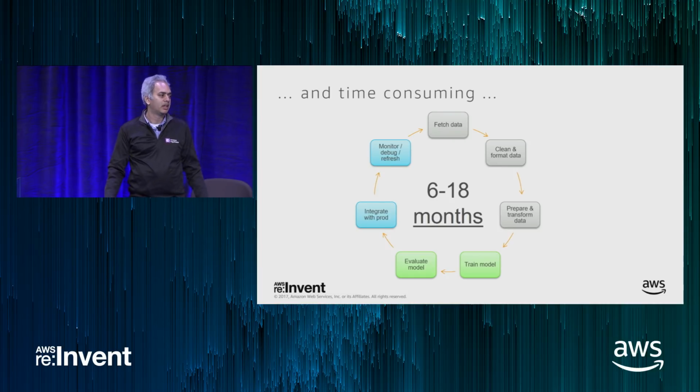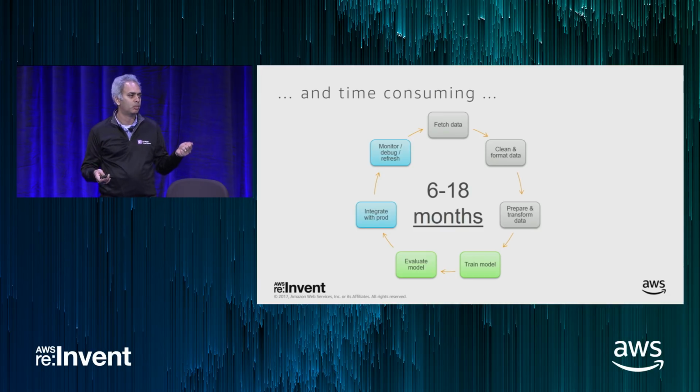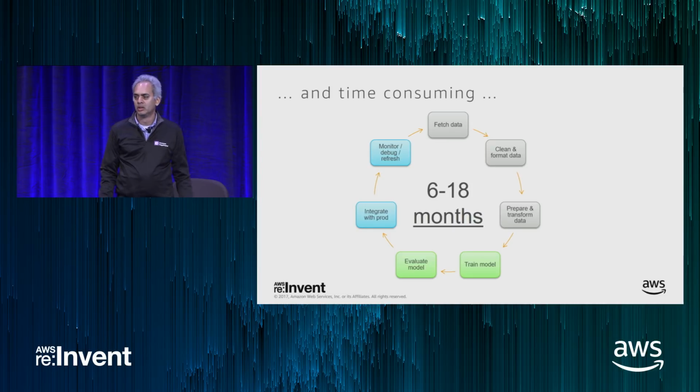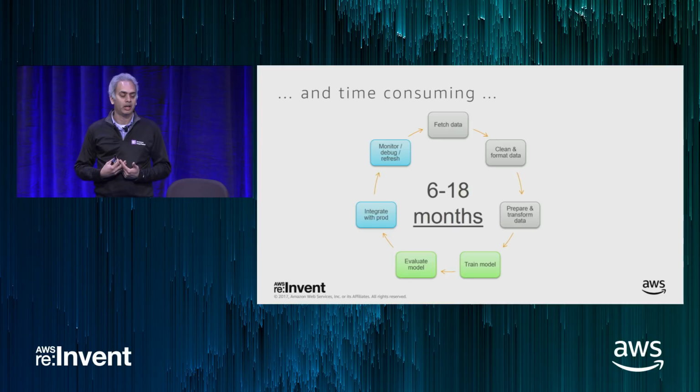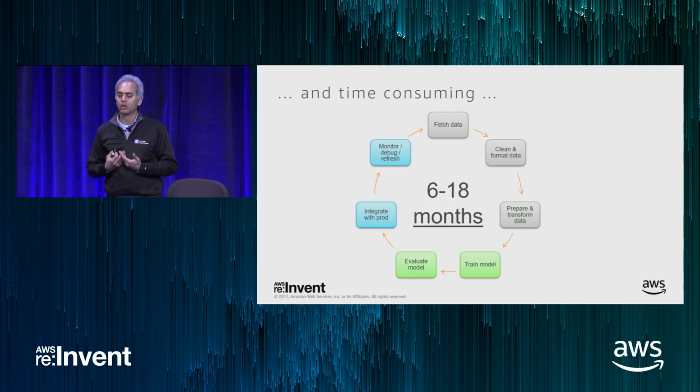But saying that it takes about 6 months in order to go from an idea, hey, I have an idea for some way that I can improve the product that I'm producing with data, and getting it into production, even 6 months is just way too much. I was talking to one customer yesterday, and he was telling me they think 2 weeks is too slow in their industry. They want to get models out in a matter of hours. So in order to do that,